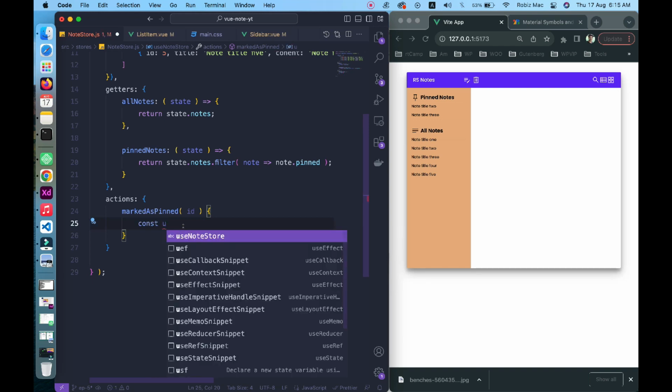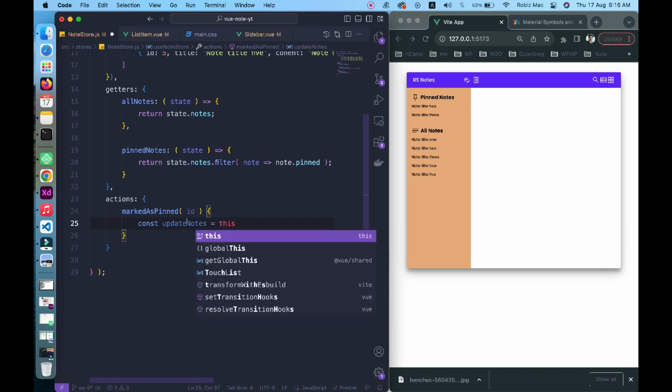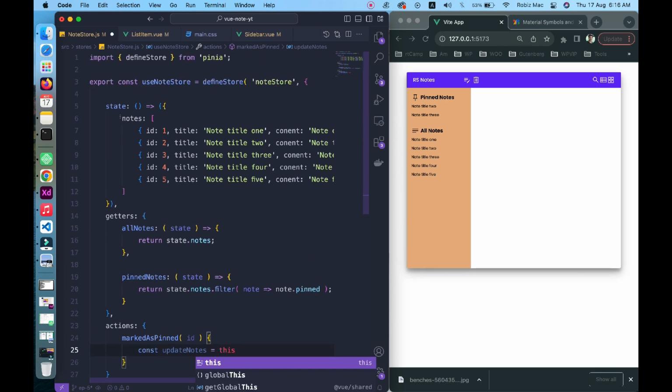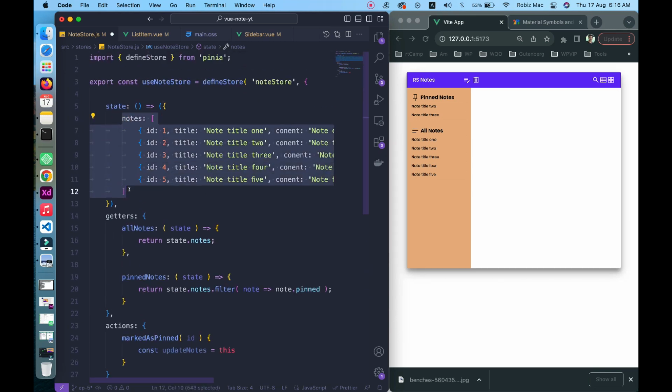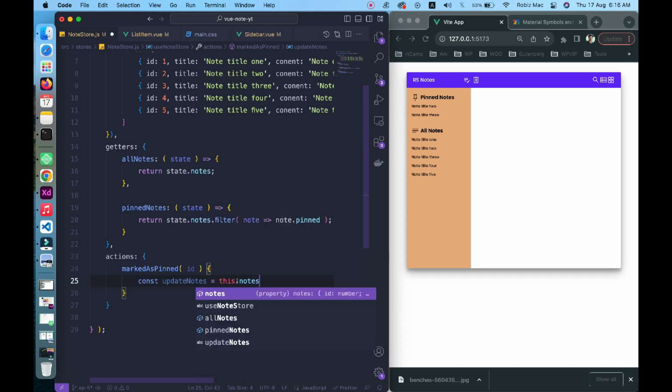and let's take a update nodes, and remember from the action we can access this state with the this. So if we want to access the state value from the action, we need to use this dot nodes, this dot something, let's say user, this dot whatever the state's value or state key is. But inside the getter we are getting the state as a whole, so that we can use store dot something like store dot nodes or store dot something else. But here we need to use this dot nodes, then we can map it around and map it through all the items,